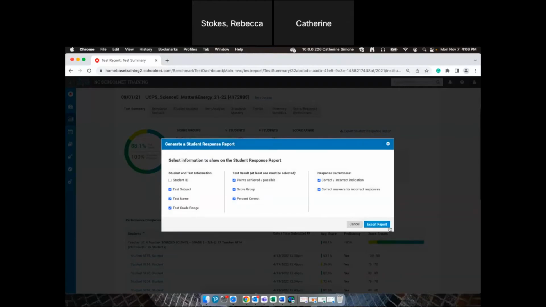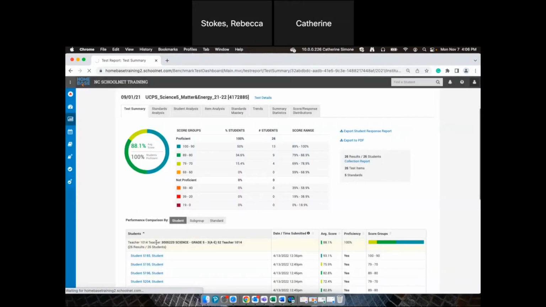You could choose all kinds of stuff here, but I'll do it real quick. And it's kind of like a quick strip that you can cut out for the students. It's going to download, and I like to say, this is something you can send home with the students to get signed by the parents,